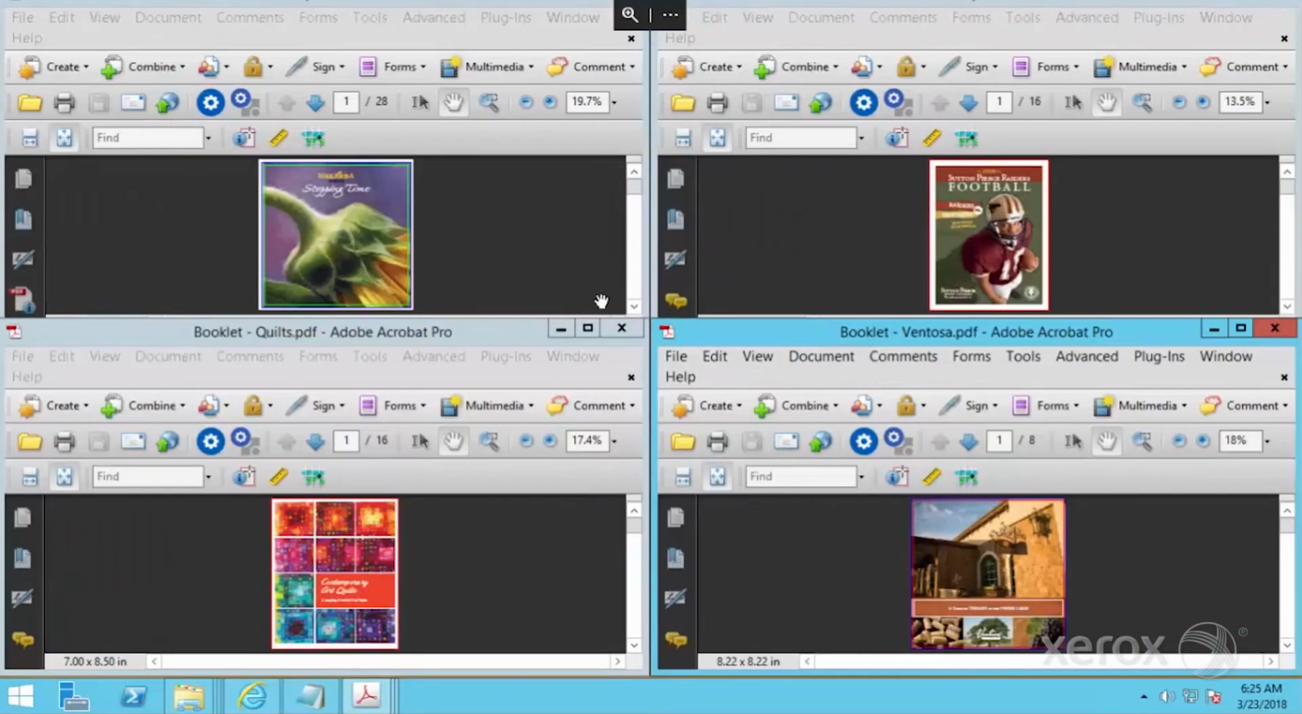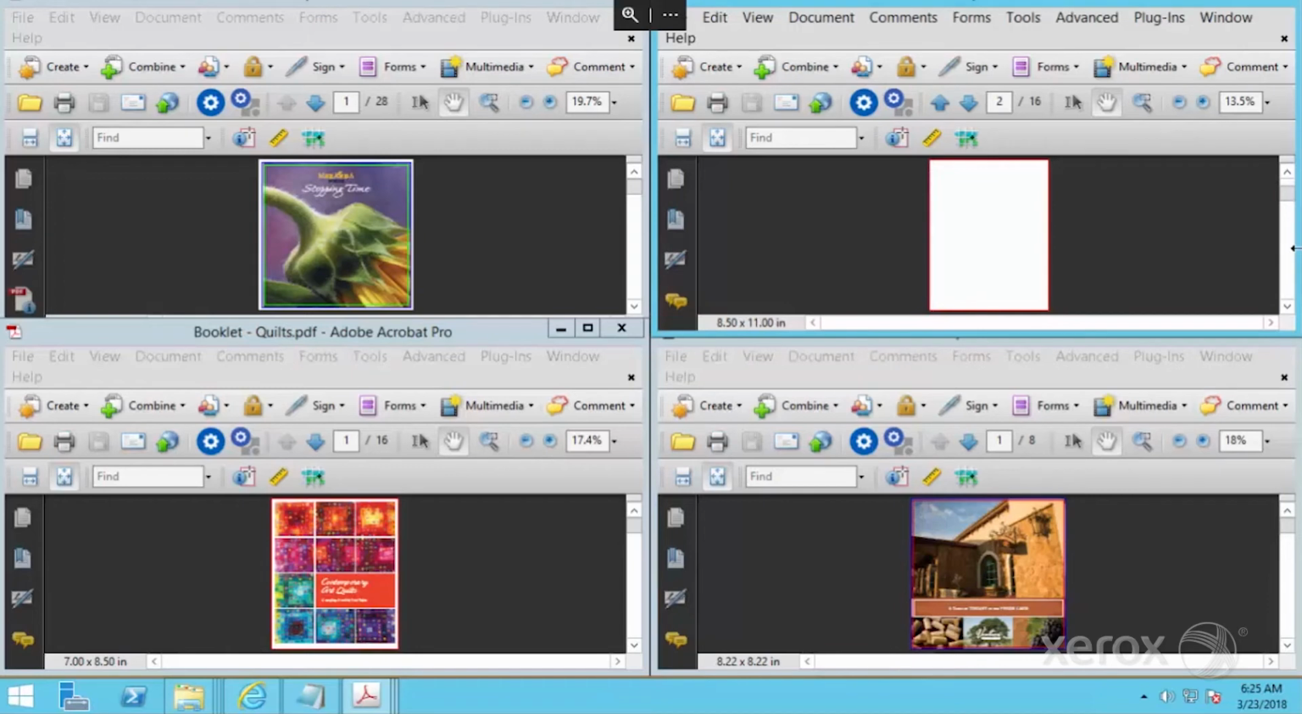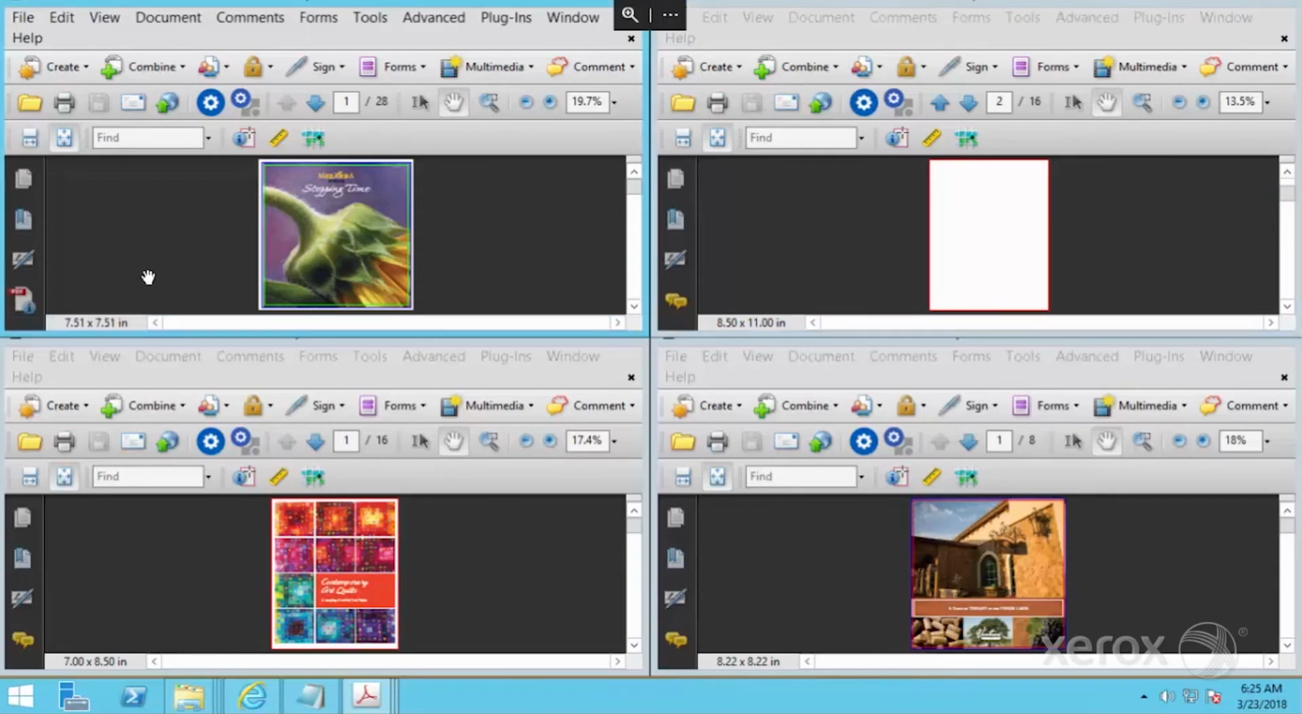Alright, so we have 4 different books, all different sizes. Okay, this one's 8.5 by 11, this one's a square, basically an 8 by 8. Here's a 7 by 8.5, and this one is another square, it's basically a 7.5 by 7.5. So let me close this down,